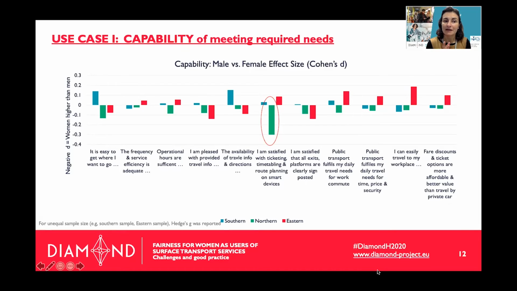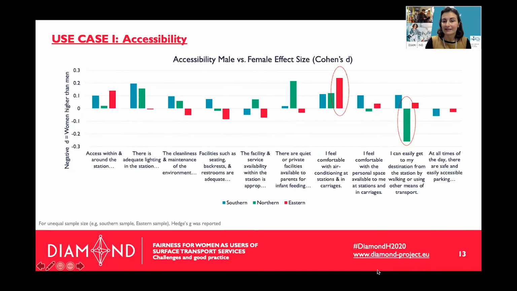A negative D means that actually women are more satisfied than men for certain types of characteristics. So, for instance, in the Northern European sample that we collected, the ticketing, timetable and route planning on smart devices was a characteristic that for women was higher rated in general than it was for men. Similarly, we collected, for instance, comfort. Comfort is the opposite. For women in the Eastern European sample, women were less satisfied than men with